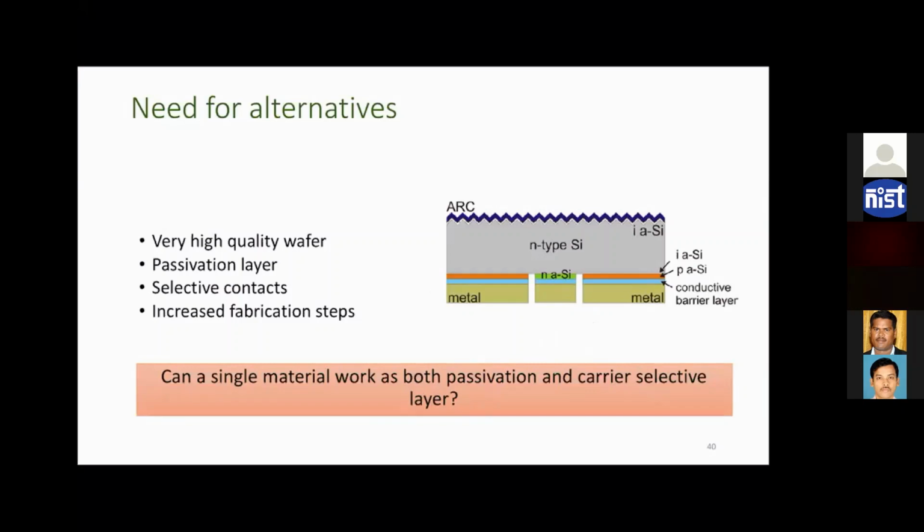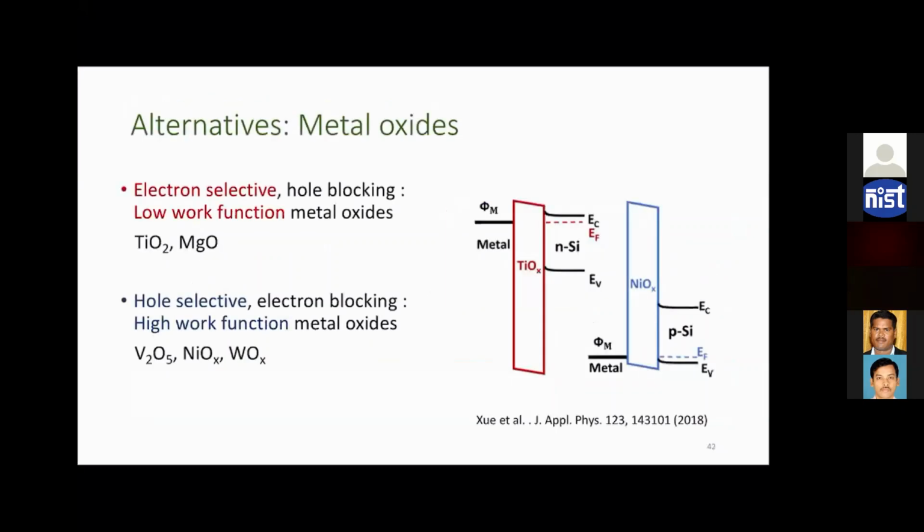As we have seen earlier, it is not possible using amorphous silicon, because the high defect density inside the amorphous silicon is dictating the interface passivation quality. Is there any other material than amorphous silicon that can do this job? The answer is yes. And that is where the metal oxides come into the picture in crystalline silicon heterojunction technology. The use of such metal oxides is very popular in organic solar cells or perovskite solar cells. It is also nowadays popular in crystalline silicon technology as well.